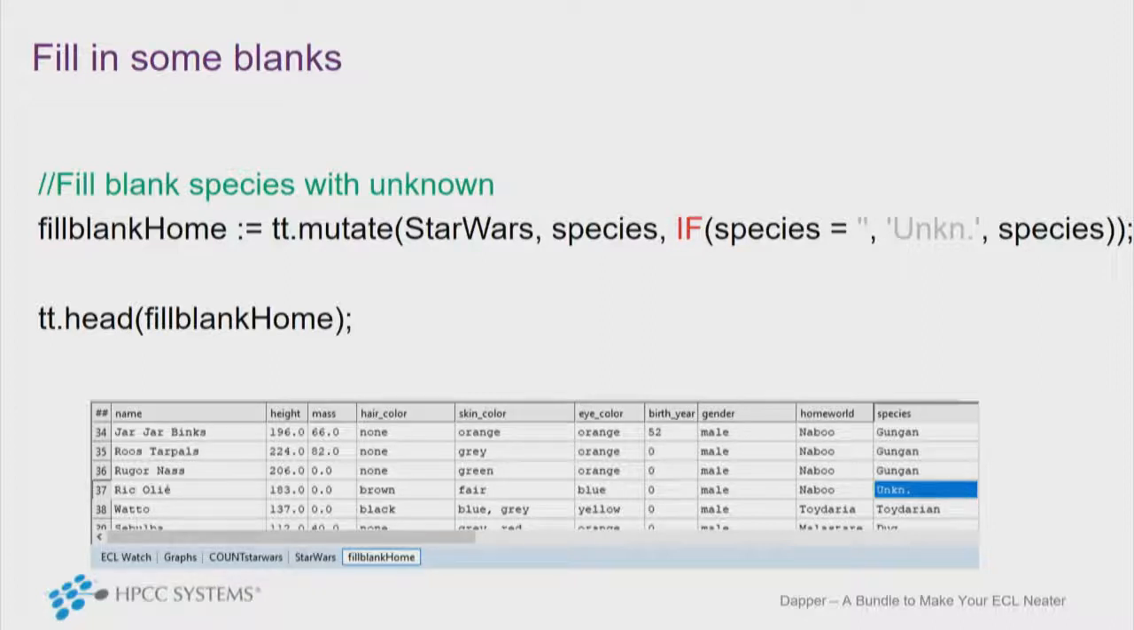And to do that, I use mutate. So I'm altering the table in some way. So if species is blank, call it unknown, else call it species. You will note here